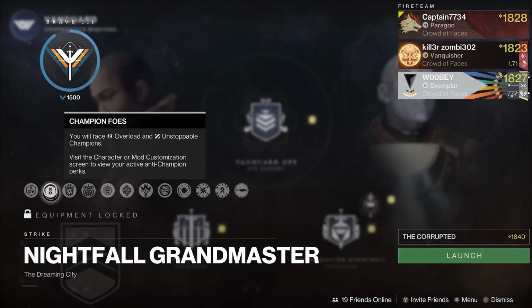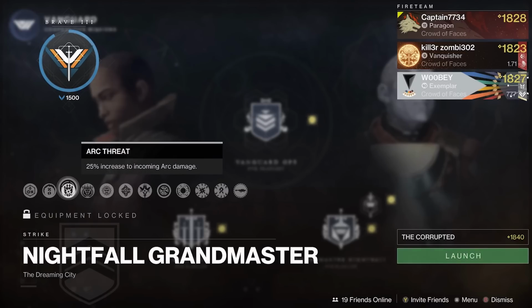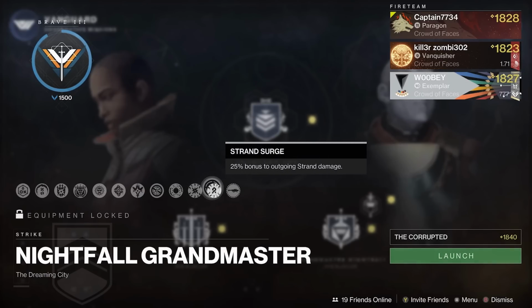This Grandmaster contains overloads and unstoppables. All three shield types are present within this GM, with a threat being Arc. At the time of the recording, the surges were Arc and Strand. This could be different for you depending on if you do the GM on the week it comes out or later on for your Conqueror title, so always double check what the surges are and match your subclass and weapons to